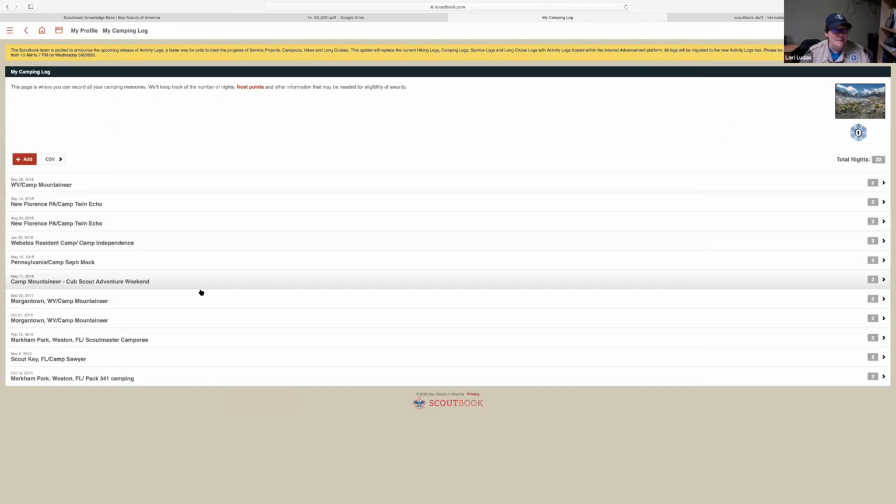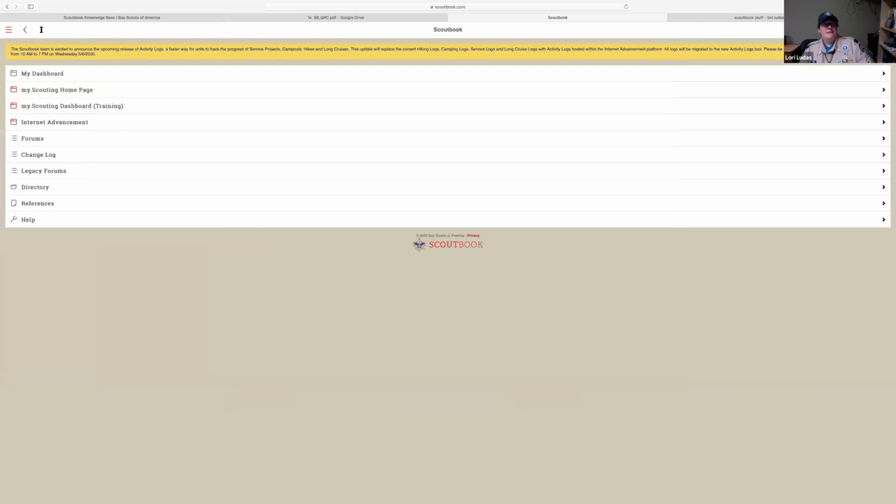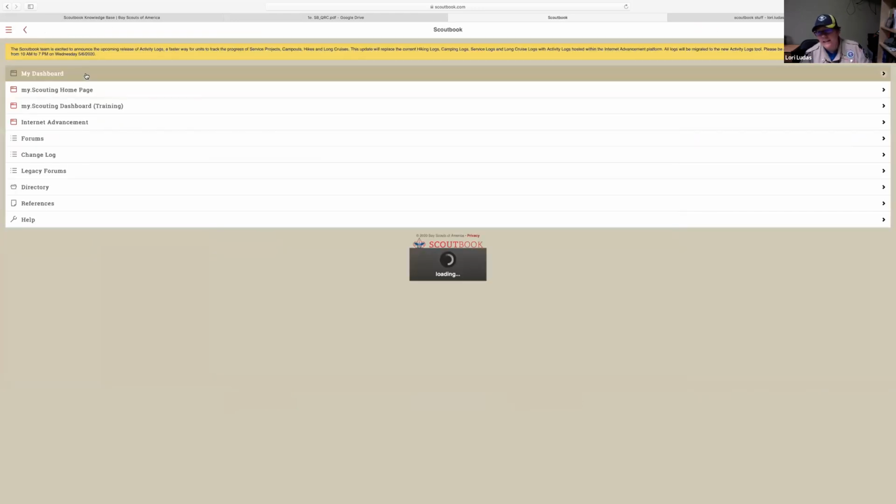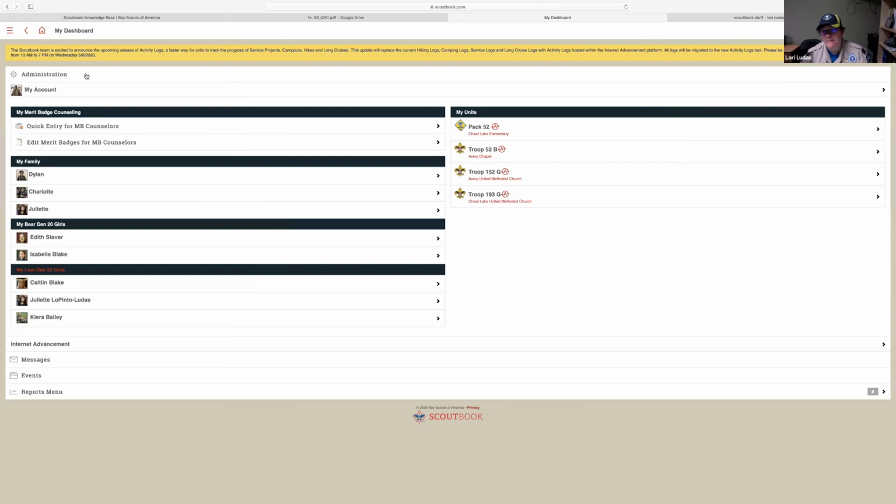And then you just click update and it will update all of that information. So then I'm going to go back to the home. And usually if you hit the home, it will always go back to that main dashboard area. So then let me go into the pack area